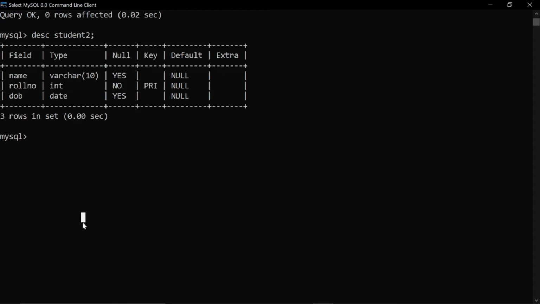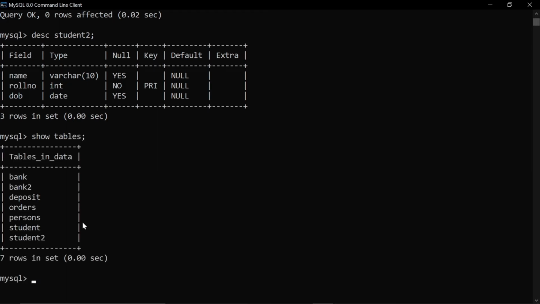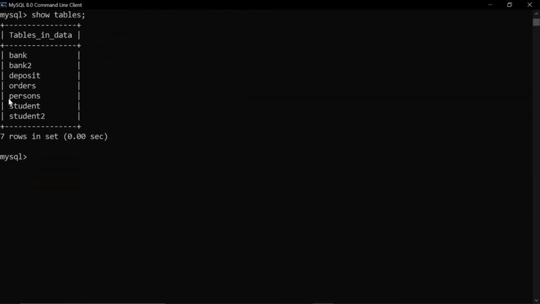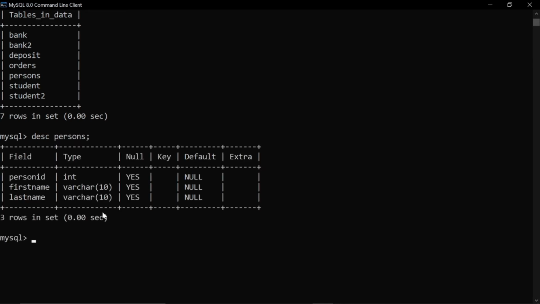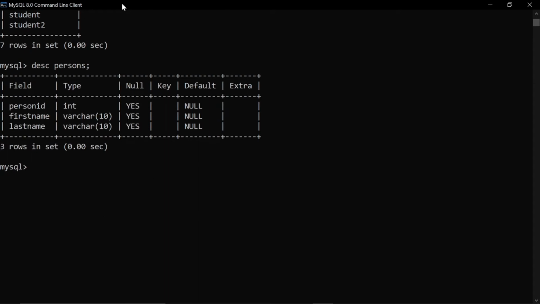Now if you have already created a table and then you want to insert a primary key, then with the help of the alter command also you can insert it. So here I have many tables in my database. So now suppose in the table called person I want to give a constraint that is primary key. So here first I have described the table, that in which column I want to give. So here for suppose in person ID I want to give the primary key.